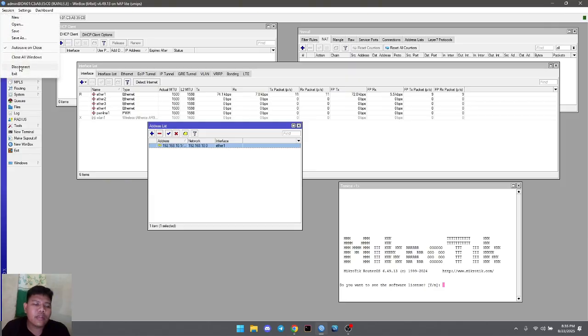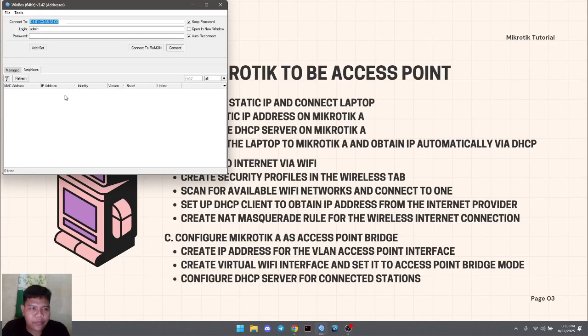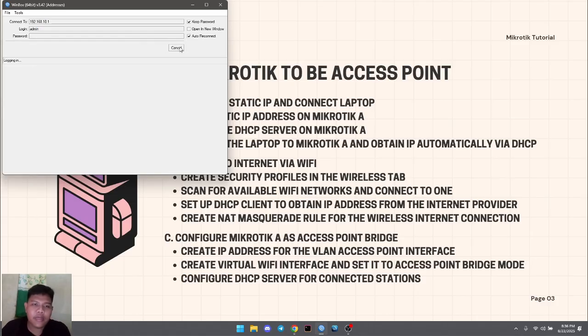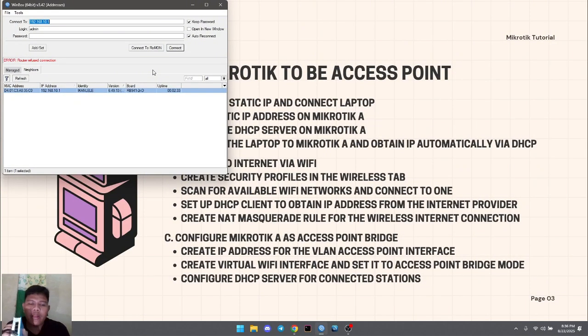We disconnect with Winbox and try to connect with the IP address, but this is an error. The router will refuse the connection. Why? Because we don't have the DHCP server.